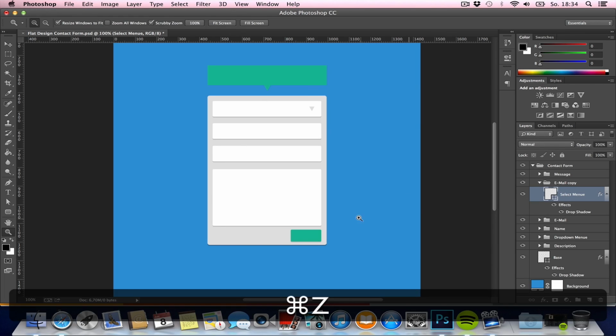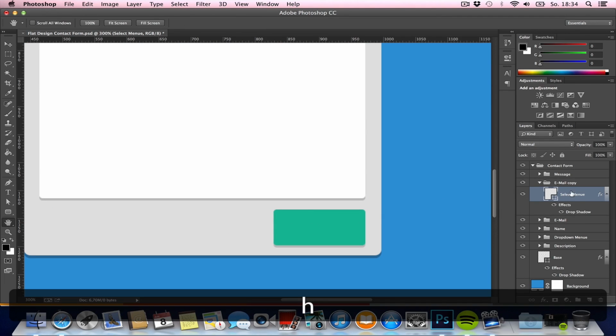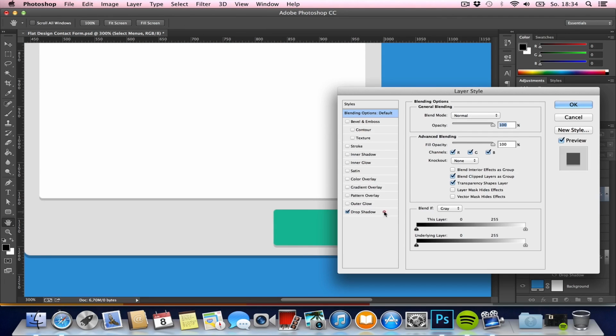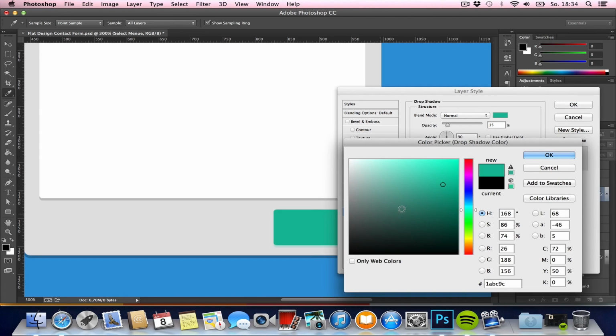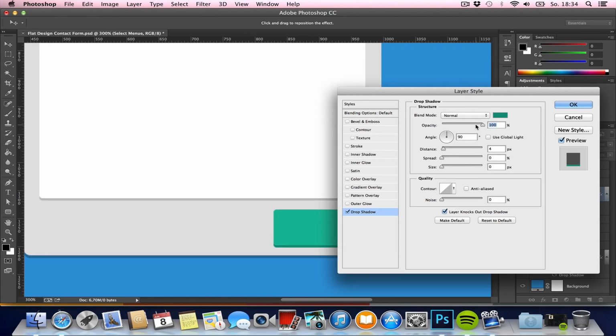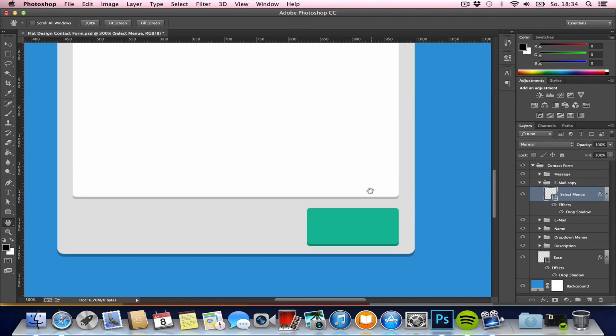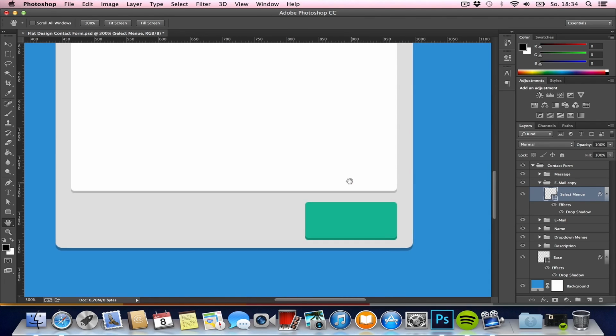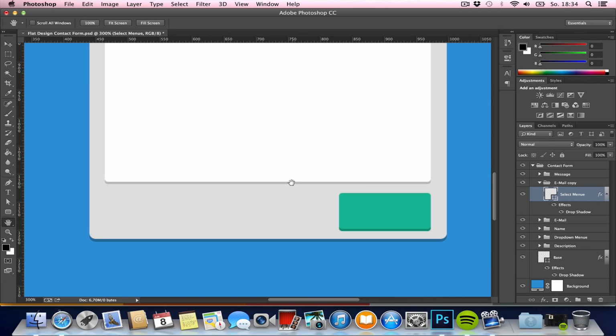Now change the colors to make them match. Go to drop shadow. This time we're not using a dark color, we are going to use the color of our normal contact form, but a bit darker. And also put the opacity to 100, but with the darker color applied on it. And yeah,